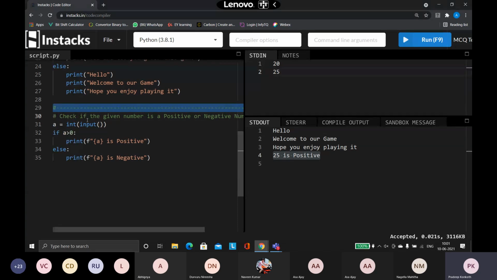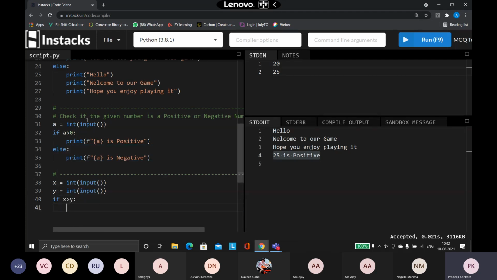Say for example, let us take another example. There are many things. See, you will be making use of the if else conditions in almost every logic that you're planning to write. Say for example, I am here taking two values. So I'm saying int of input of. Like that I'm going to take my y value also. So I have an x variable, I have a y variable. And then I'm simply going to say my condition. If x greater than y, if x value is greater than y, then say print.